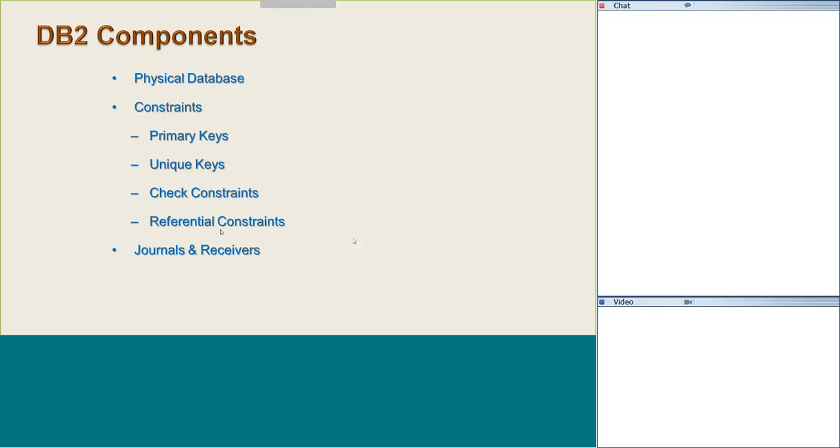Go into more detail a bit later, but journals and receivers are necessary for a fully defined DB2 relational database. So if you have not got into journals and receivers in your database, you need to start seriously thinking about it. We will talk about ways of implementing them, which are easy to manage and don't give you a great deal of hassle. But you cannot define referential constraints or check constraints without journals and receivers, because journals and receivers are